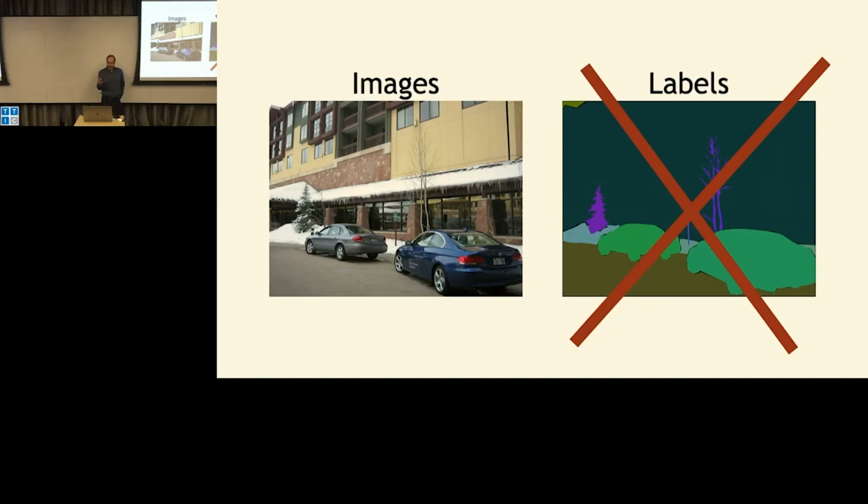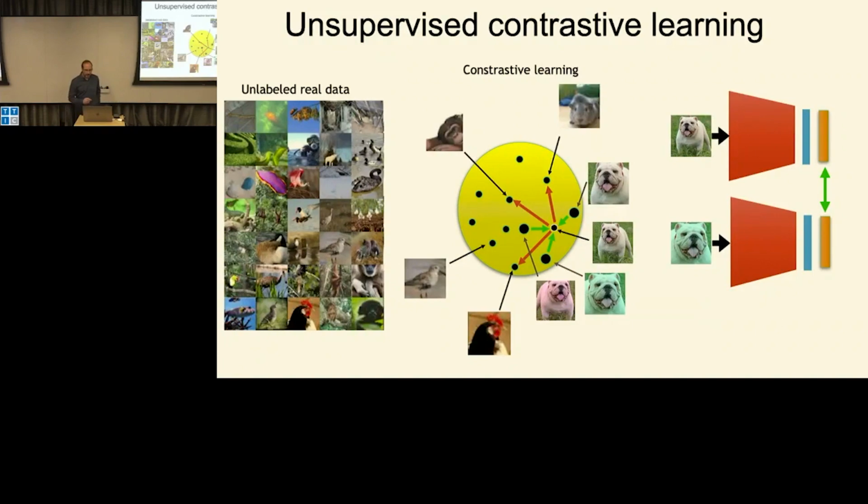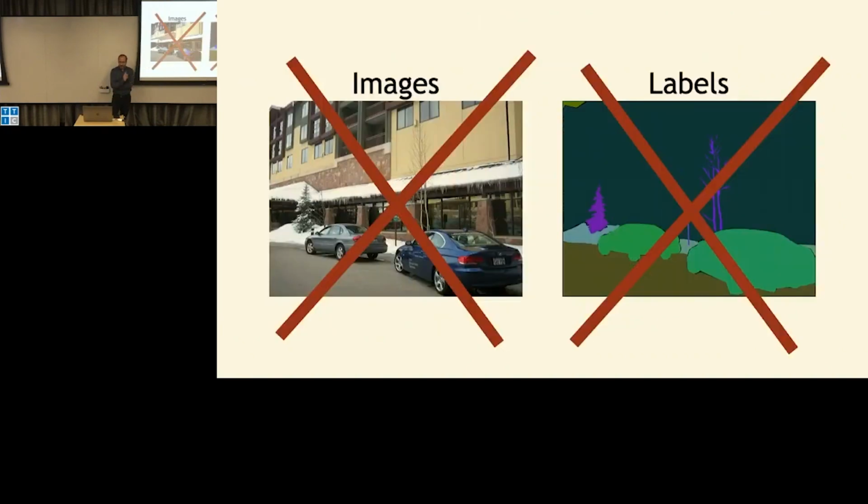We've been doing a lot of work with these generative models, trying to get rid of labels, so that you learn just from images or from raw text, unstructured data. And one of the things that we wanted to do was, unsupervised contrastive learning is a great example of learning just from images. So we know we can get rid of labels. What we wanted to get rid of is also the images. I just want to get rid of the whole thing. What are these models really learning? Because they work really well. We could get rid of labels. I'm pretty sure you can get rid of the images too.